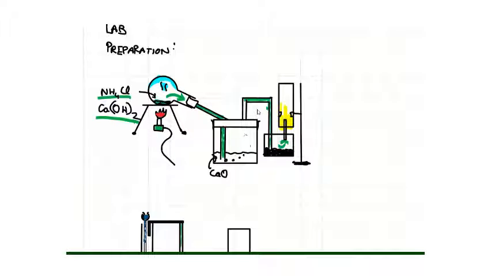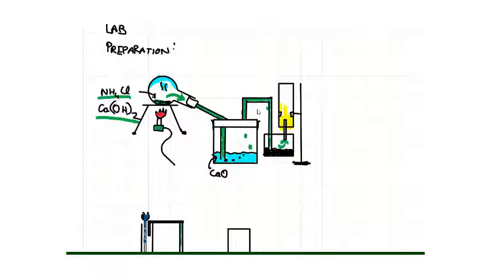Now, the ammonia that is formed, or NH3, goes down the delivery tube connected at the base or the mouth of the round bottom flask and enters the CaO, or calcium oxide flask. Calcium oxide is a very good drying agent and it removes any of the extra water vapor present along with the ammonia gas. Upon drying, the ammonia gas rises up in the beaker and enters the second and the final delivery tube.